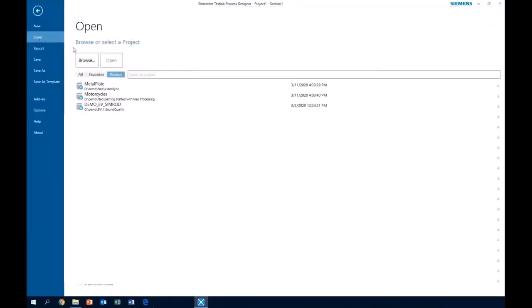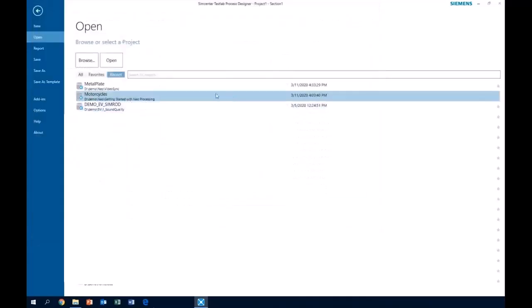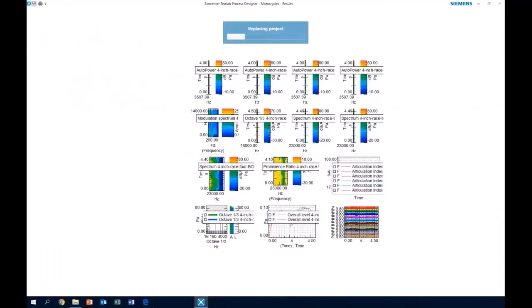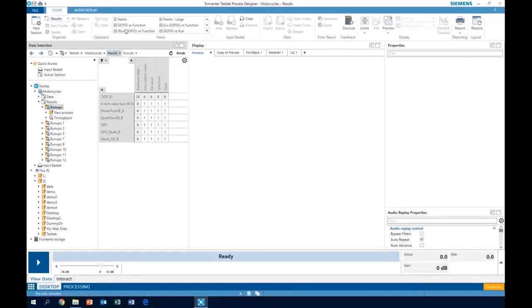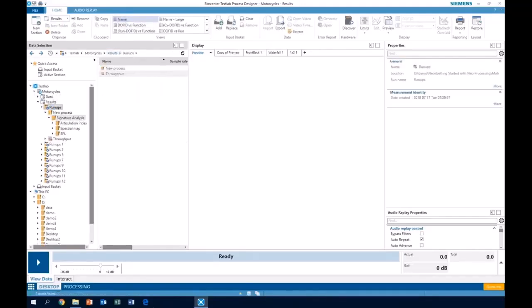So I can go to File Open here. Comes up just like new versions of Microsoft Office. I can browse to or look for a project, or I could just pick one that I've used recently, like that motorcycles project that I just had open. So now I'm opening the same project file here in Test Lab. On the side here, I can still navigate through the directory structure and look at stuff. And it's similar to your Test Lab today, still have these same folders, it's the same project.